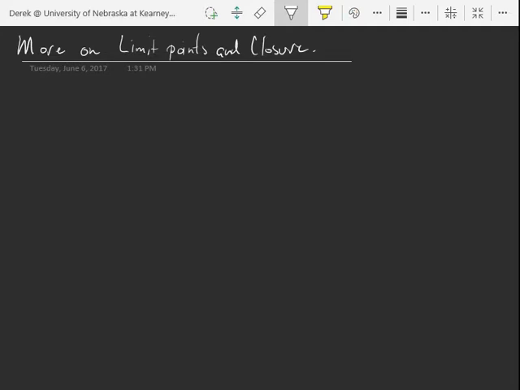Okay, let's talk a little bit more about limit points and closure. So first, let's recall the definition of what a limit point is. The set of limit points of a set E